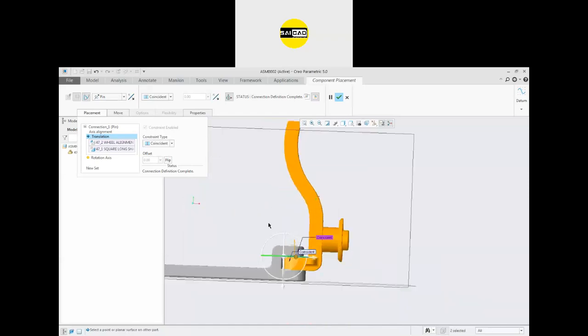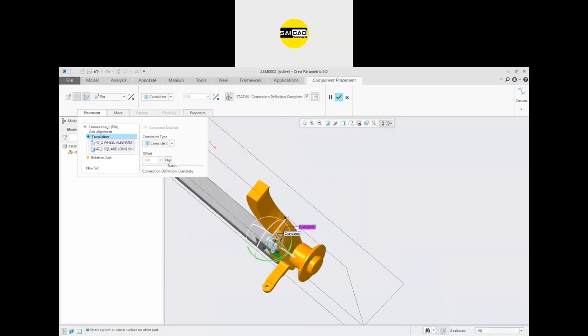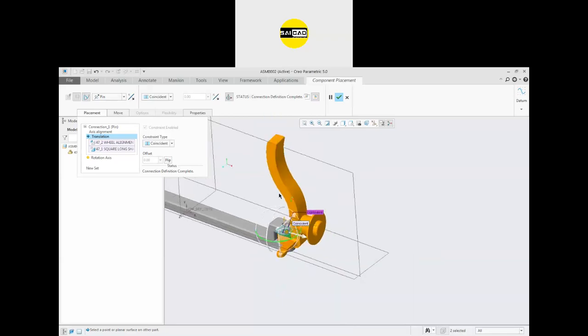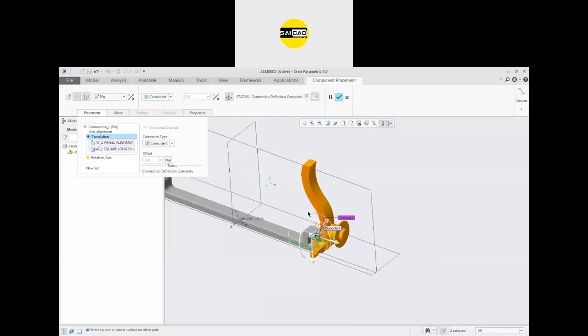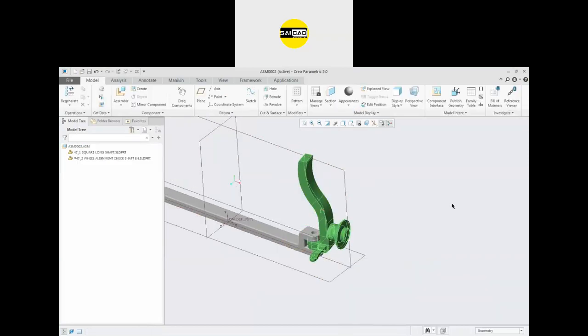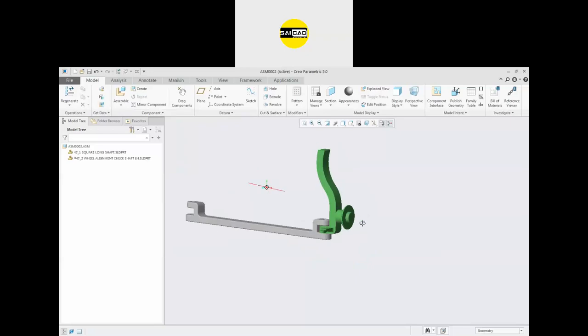Okay, and now the connection definition is complete, and you can see the color. This shows the definition is complete right now. There is no motion remaining that we don't want. We have applied the pin joint, so this rotation will be there. Just click OK, and we have the assembly.